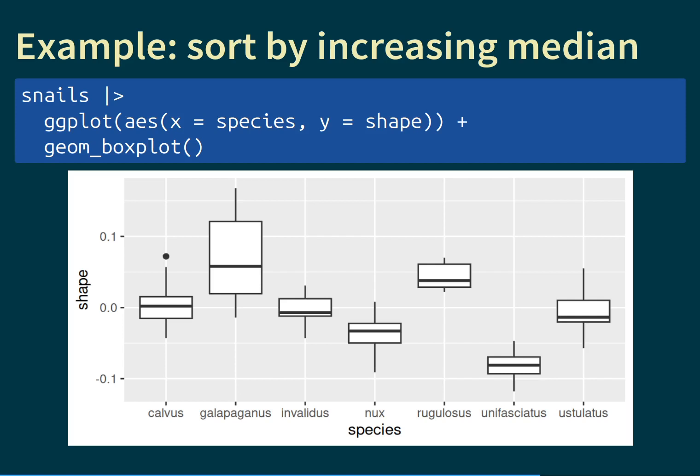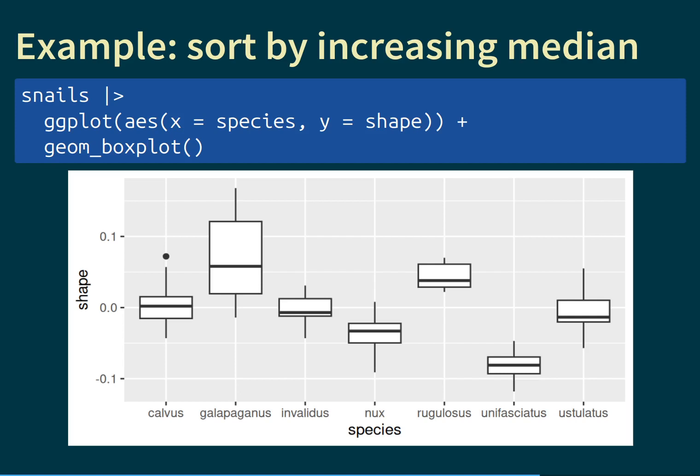Nothing wrong with this graph. You can see that there are 7 different species. Each of them have a given distribution of shell shapes. There is just one issue with this plot, that again the species are in alphabetical order along the x-axis. Now, while there's nothing particularly wrong with that, it would be nicer if the species were ordered based on their shape. So in other words, the species with the smallest shape parameter would come first, and then they would follow